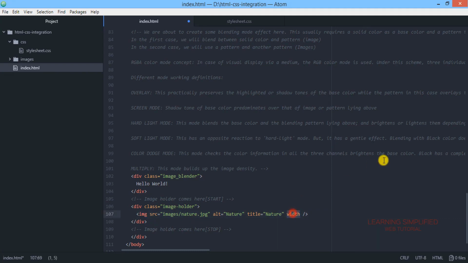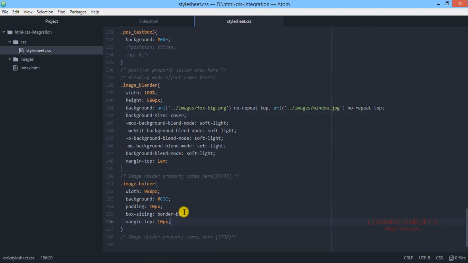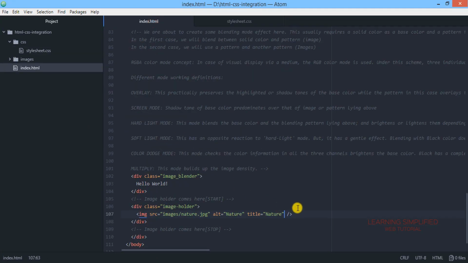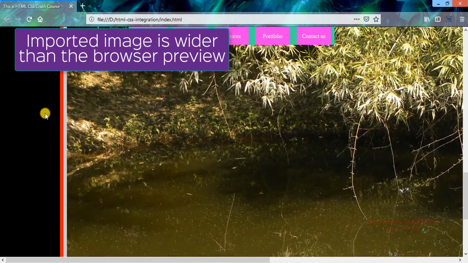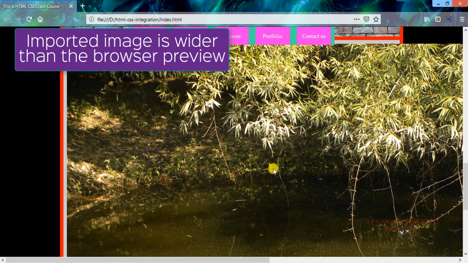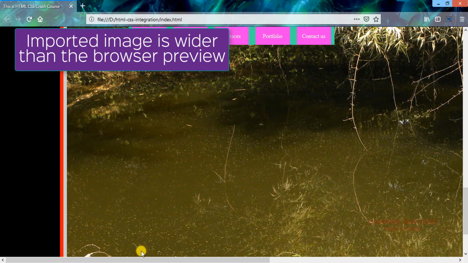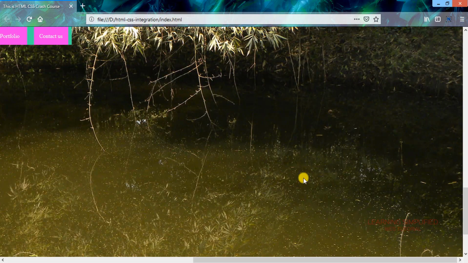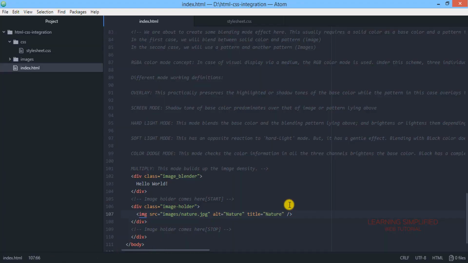It is possible both over here, or instead we may get back to stylesheet.css and we may specify it over here. Both of them will be discussed, but first of all we need to press Ctrl S and get back to our project and reload, and we can see that the image source is right now present in our HTML page, but it is far wider than the browser itself. So why is it? Let's try to find out this problem in our image source.